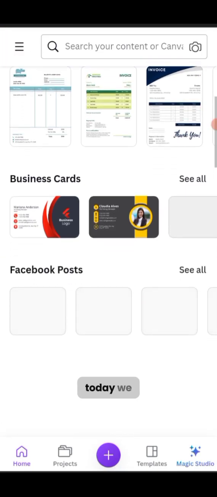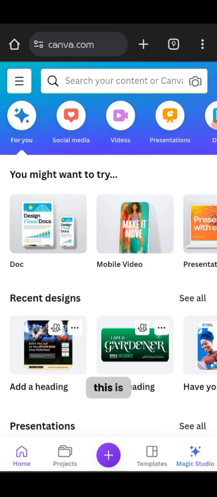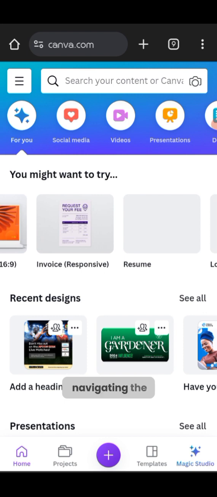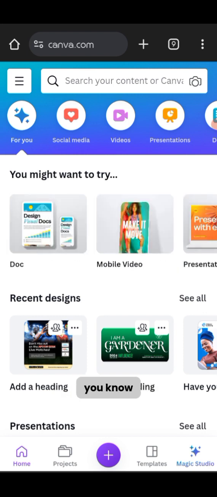Welcome. So today we are going to be covering the introduction to Canva. This is just the first part, which is navigating the Canva dashboard. Now, before you get to this place where you are, logged onto your dashboard, you have to sign up with